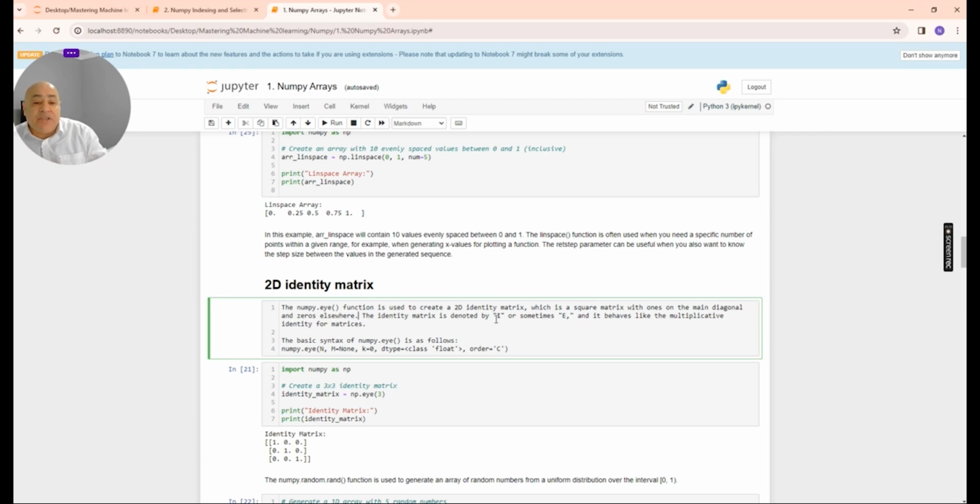The identity matrix is denoted by I. You will see that in algebra we always use I for the identity matrix, and that's where this name came from. They try to make it as close as possible to what we are actually